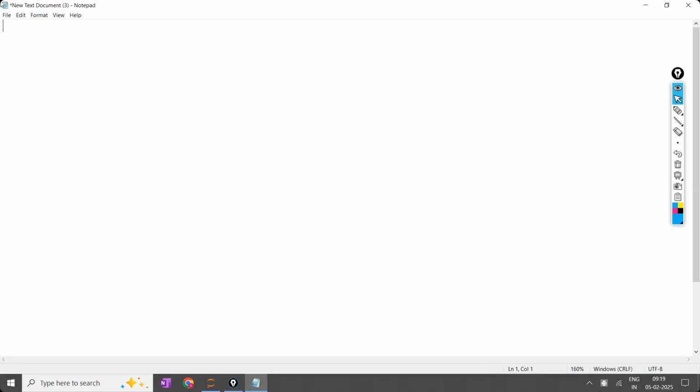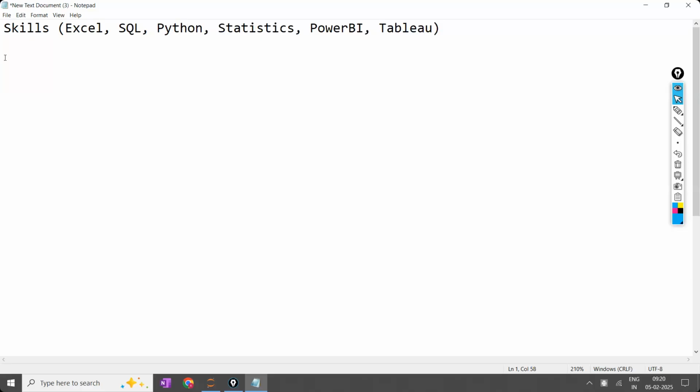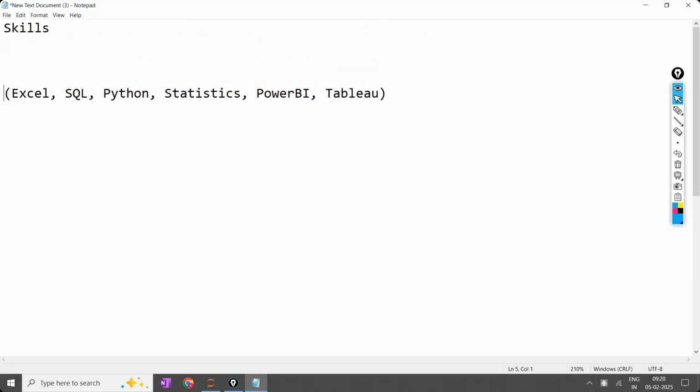By the end of this, all the students will have certain skills: Excel, Python, SQL, and Statistics. Power BI and Tableau will not come under skills. Some of these will come under tools.